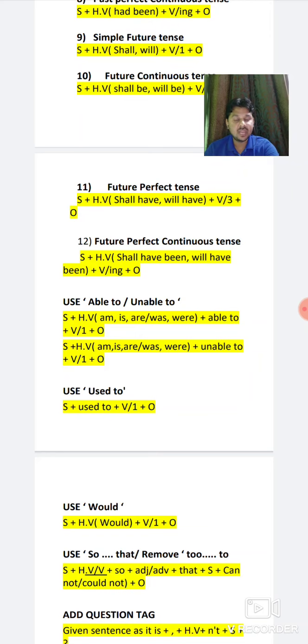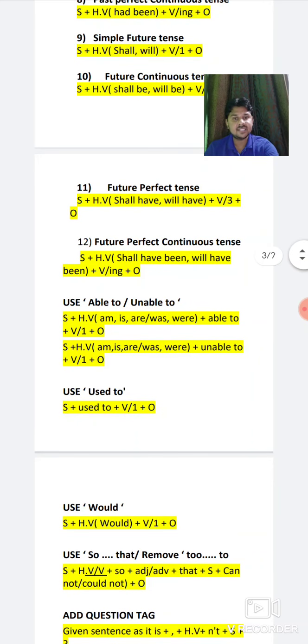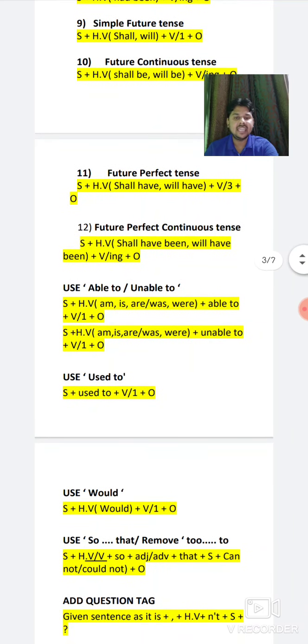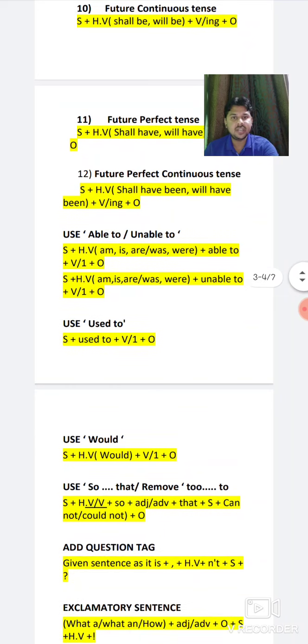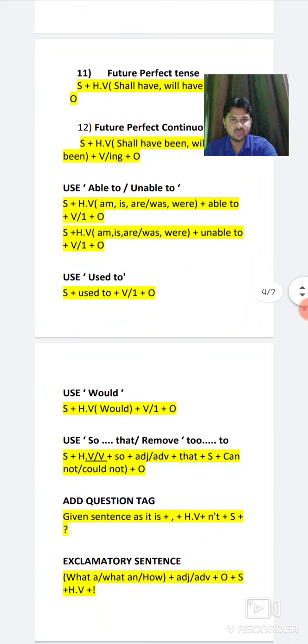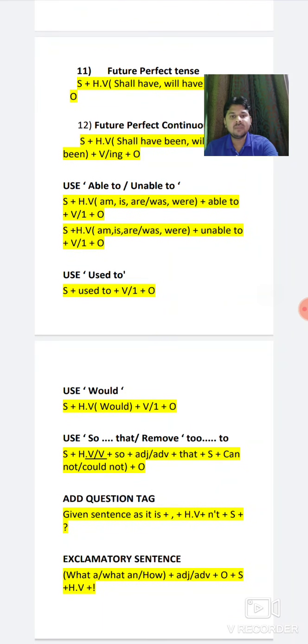And the 12th formula, and this is the final formula of future tense. Okay, here we are going to finish the complete tense known as what? Future perfect continuous tense. Look at the structure: subject, after that helping verb, one of the biggest structures in the English language, shall have been, will have been, after that verb ing, and at last object will come. Rarely can we use it in any sentence, but it's a topic, students, so we have to perfect this one also. Like that, students, we have completed the tenses.